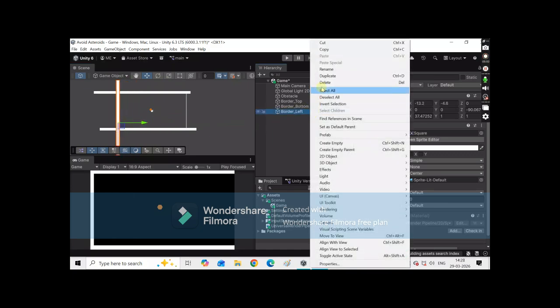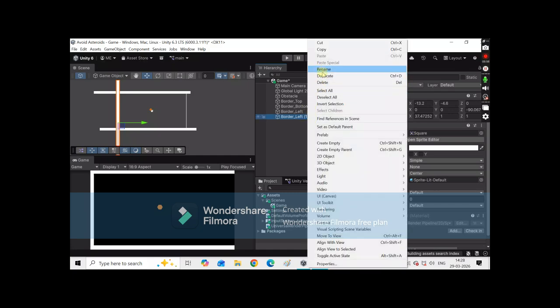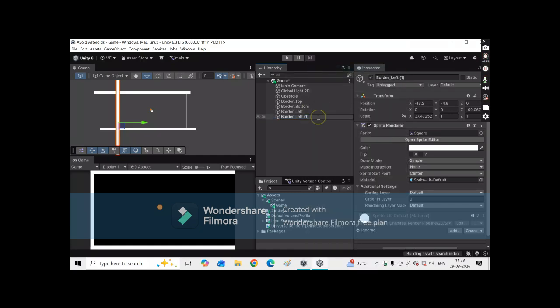Copy this again and name it border underscore right. Drag it to the right side of the screen and make sure it's properly aligned.